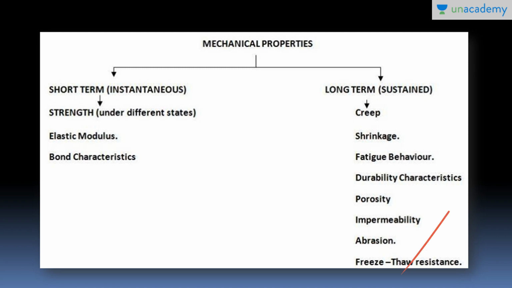As far as the short-term properties are concerned, strength of the concrete is the most important characteristic. It has a strong relationship with the quality of the concrete. The strength parameter is used for controlling as well as evaluating other properties of the concrete because of its relationship with durability and dimensional stability. Strength has a very direct impact on the dimensional stability as well as the durability of the concrete, especially the dimensional stability.